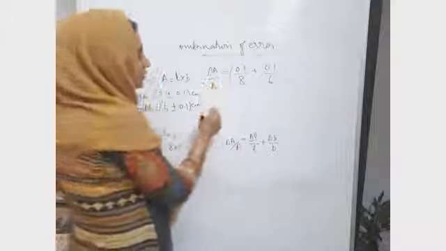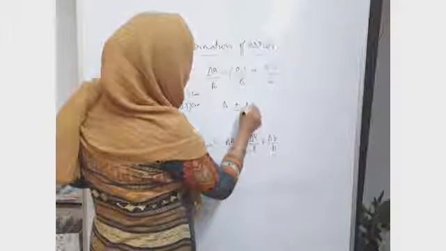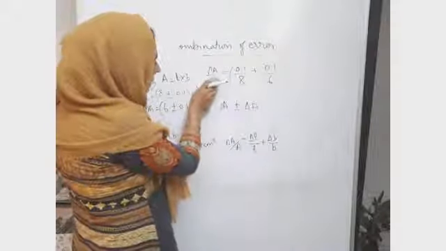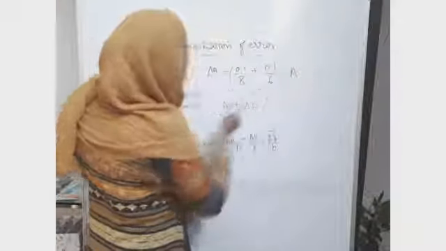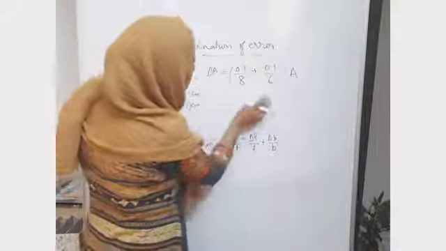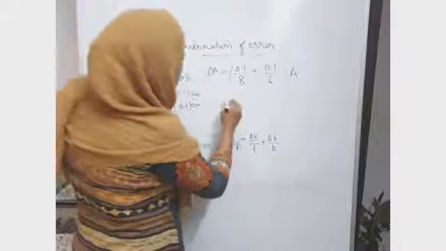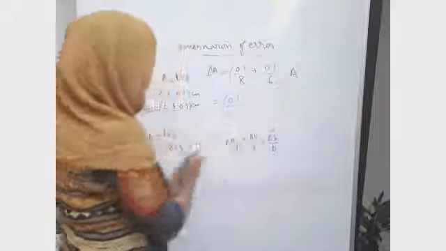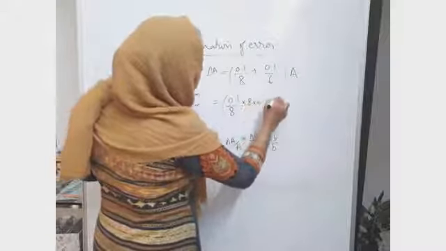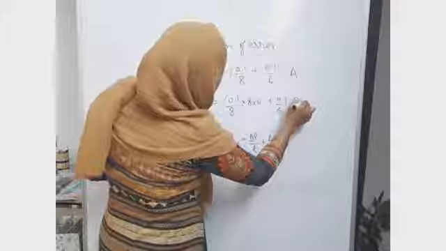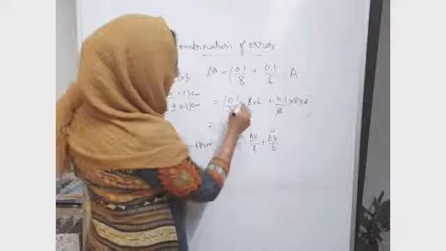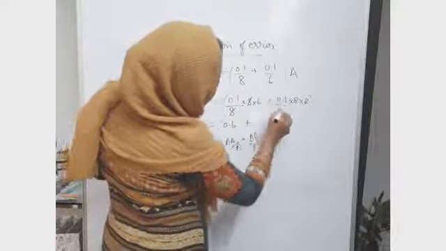But our final answer should be in this form, A plus or minus delta A. That means we want the absolute error in A. How will you get the absolute error in A? By multiplying it with the area A. You can just multiply it here or keep it here, so that one of the factors will get cancelled. When you take it inside, what is A? A is 8 into 6. So 8 into 6 into 0.1 by 8, plus 0.1 by 6 into 8 into 6. One of the quantities will get cancelled, so you'll get 0.6 plus 0.8.